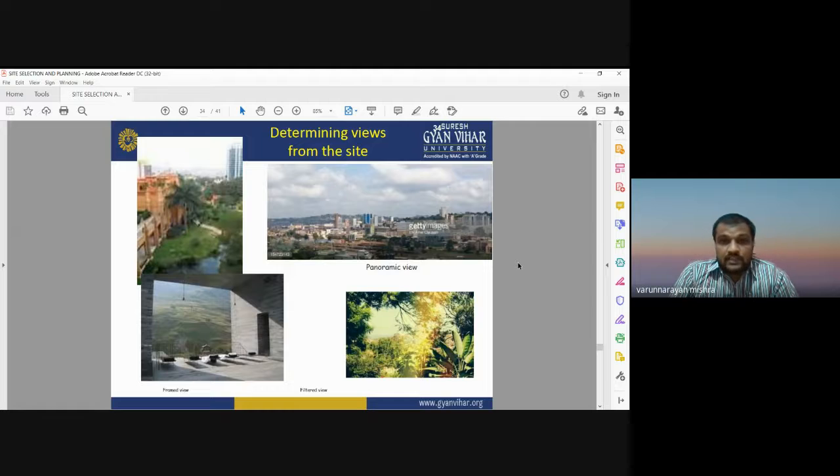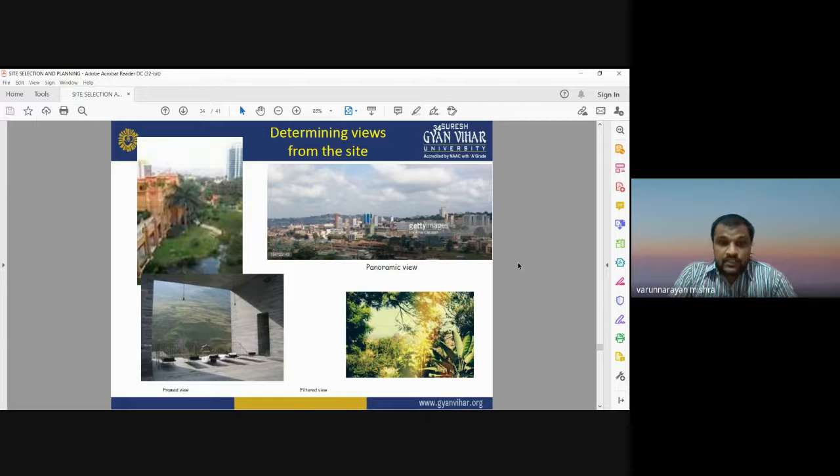Determining the views from the site. These are the different views of the site from your building or any kind of tall building: panoramic view, framed view, filtered view. So determining the views from the site is also important when you are going to construct a building in that study area. You need to check whether it has good or aesthetic views from your building or not. That will also help you to have a good living standard, good lifestyle, and